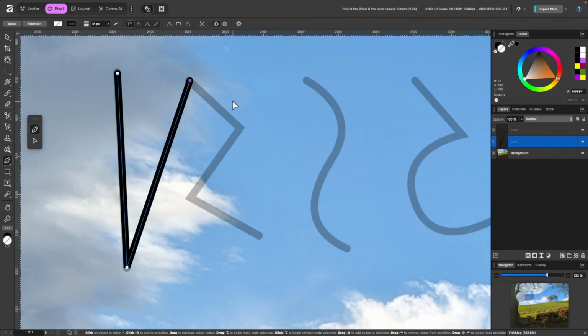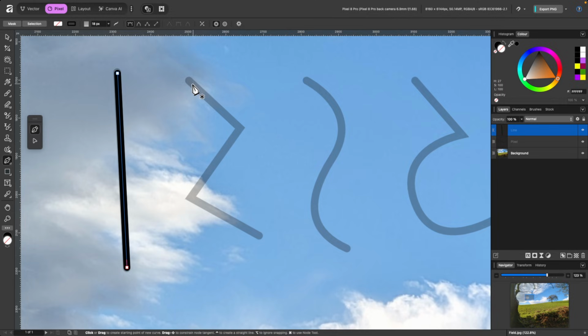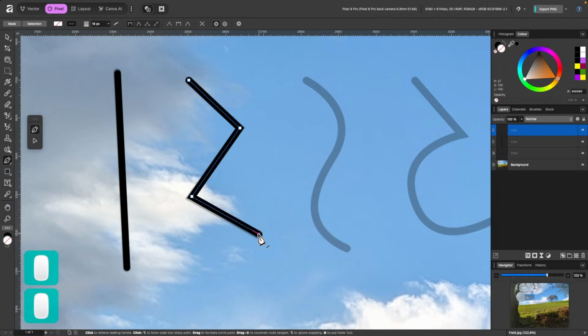So I can press Command Z to go back a step. And now I can press Escape on the keyboard. And that allows me to draw a brand new stroke. So look in the layers panel, we have our line. That's the one we've just drawn out. In fact, I'll drag that on top. That pixel layer there is the little course I have in the background. So anyway, from here, I could just click once there, and so on. So these are all sharp nodes because they are all square.